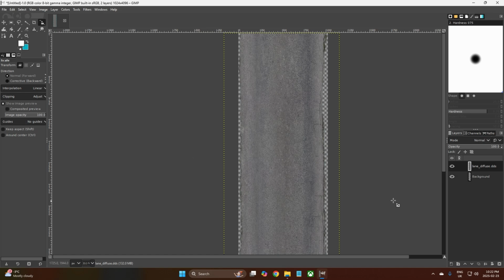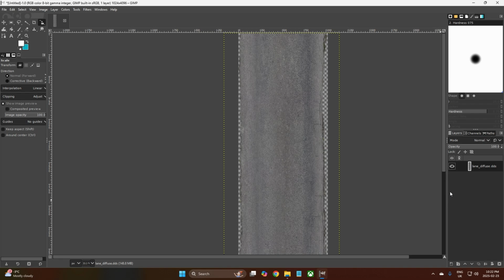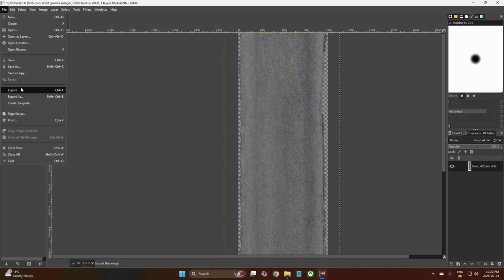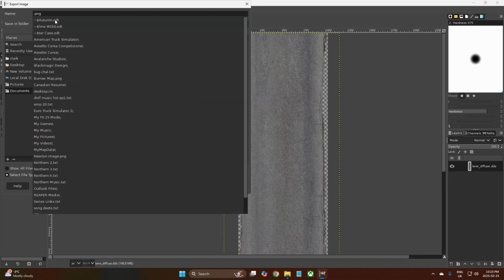Okay, so over here we want to click on the background and we want to delete that. Alright, delete that layer, and then here we are done for that. So now what you need to do is you need to export as, and we're not exporting as a DDS yet, we want to export it as a PNG. So we're going to call it,